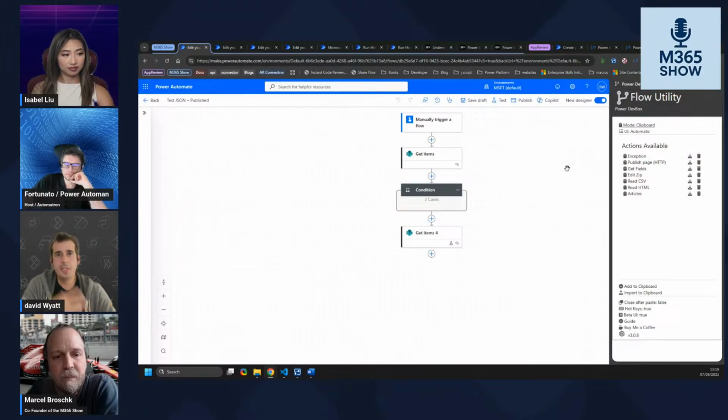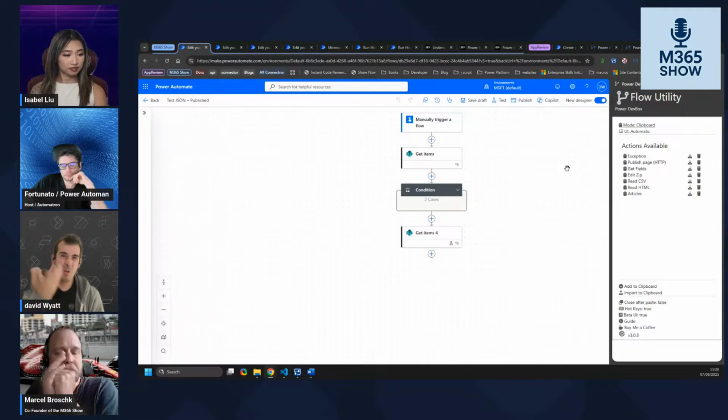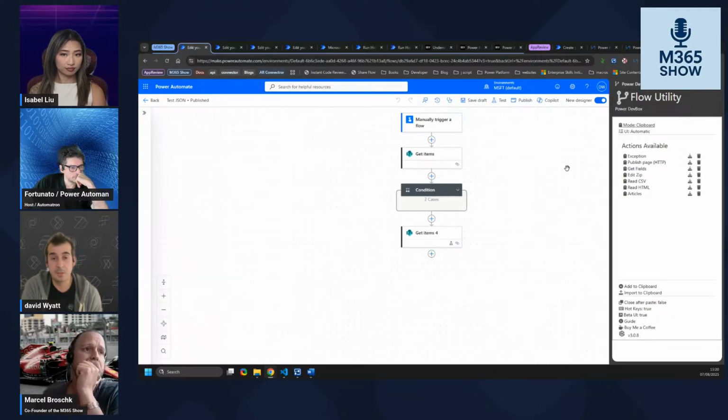So this utility started off purely as the fact that there were certain actions that I wanted to reuse, and there are templates that Power Automate provides, but they're not my templates, and there are certain things I want to do. So I wanted a place to store them. And the way Power Automate works is when you copy an action, it just puts it in your clipboard, literally in your computer. So I was like, well, can I leverage that? Can I store that? And that's what this tool kind of does.